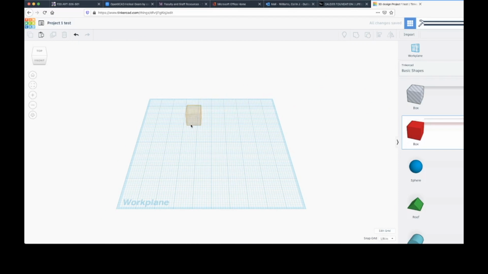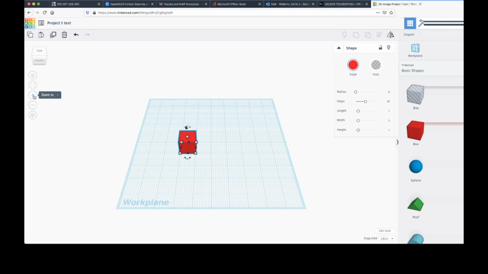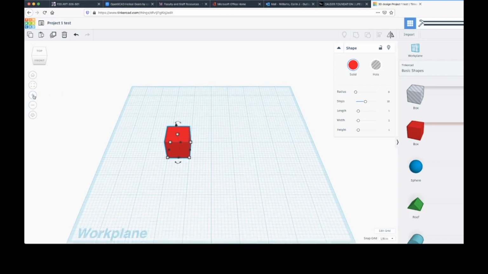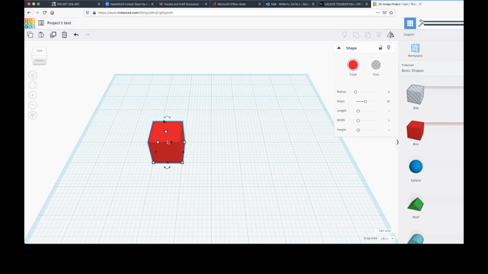Let's bring the box back out. So we went over how to scale this object, but what if you want to rotate the object? To rotate the object, let's zoom in a little bit. I'm going to go over to the zoom in button, zoom in so we can see the box a little better. As you're moving your mouse over the object, right, you move it